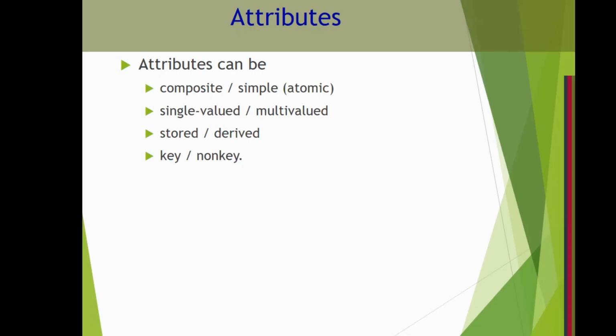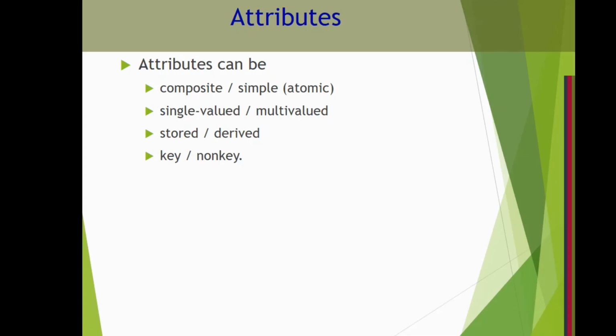Then key, what is key? I give you various examples. In the case of student entity set, roll number is the key. In the case of employee, employee code is the key. In the case of supplier, supplier code is the key. In the case of parts entity, part code, P code is the key. In the case of project, project का code है, project name है, project location है. And project has got a budget, how much invested into the project, estimated. So project code is a key attribute.